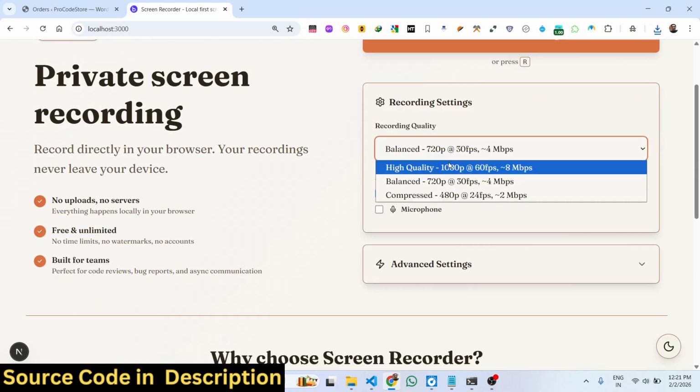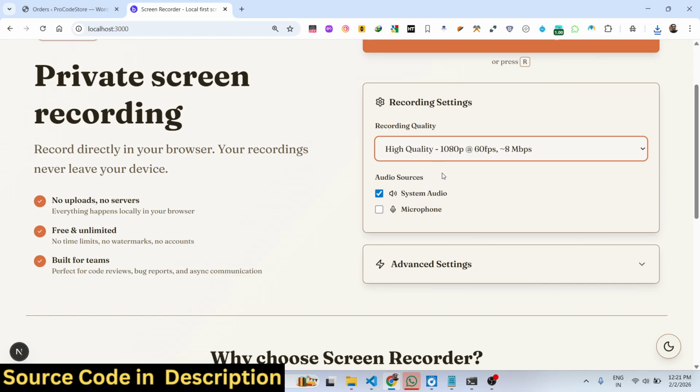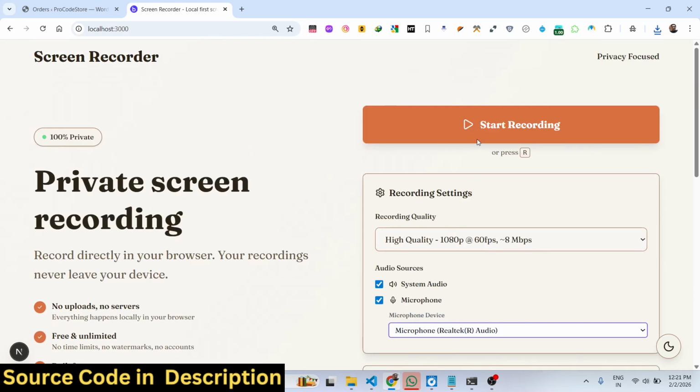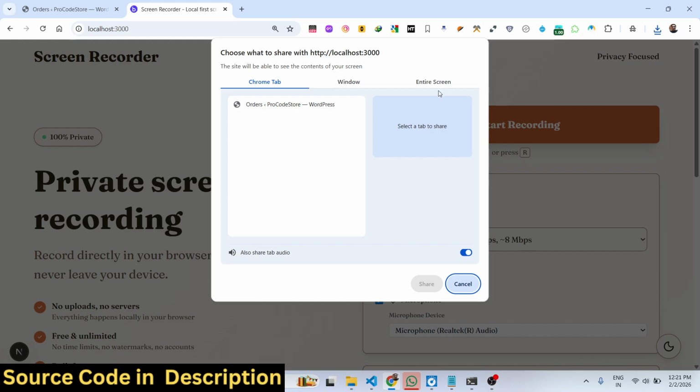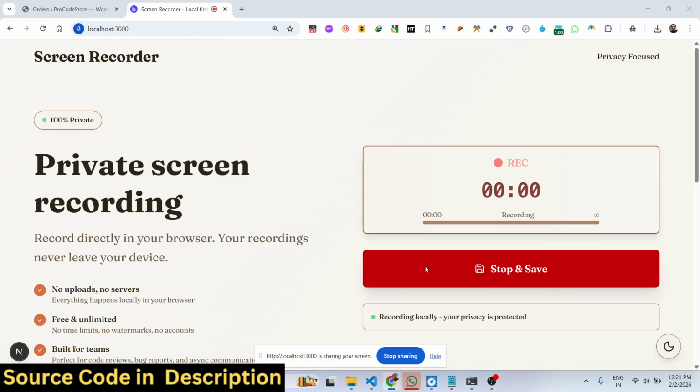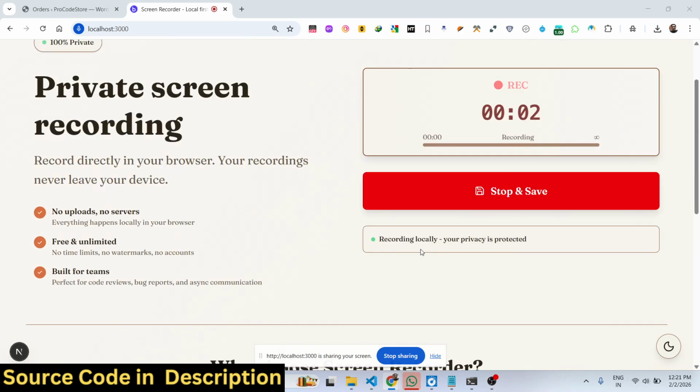You can adjust the quality here. You can select 1080, 720, 480p. So again, you can select which screen here. So now the recording will happen,